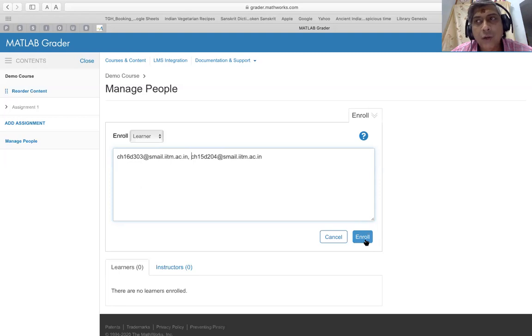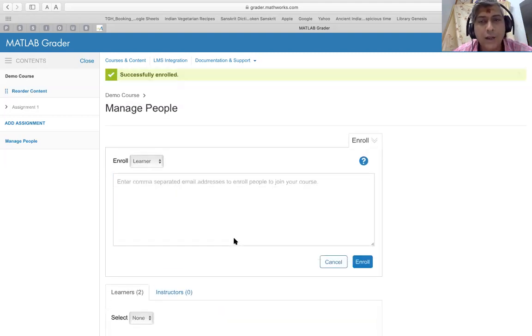And this happens only once. That is, you don't have to keep adding these email addresses for every assignment that you do. These email addresses are for the course and not for the assignment. So once I click on enroll, my TAs will receive emails saying that they have been enrolled in this course.